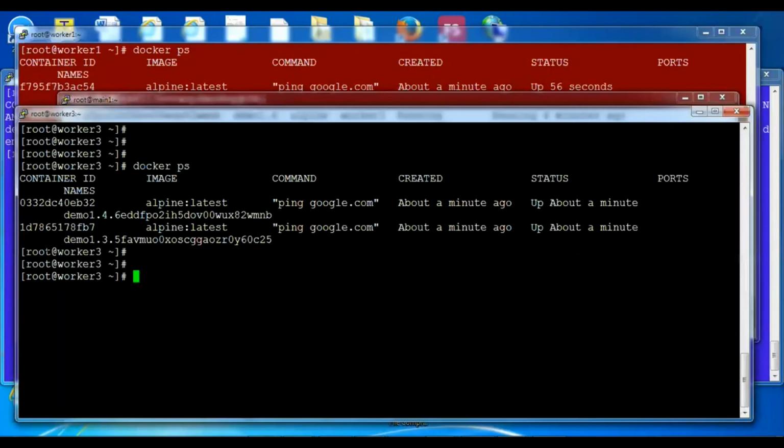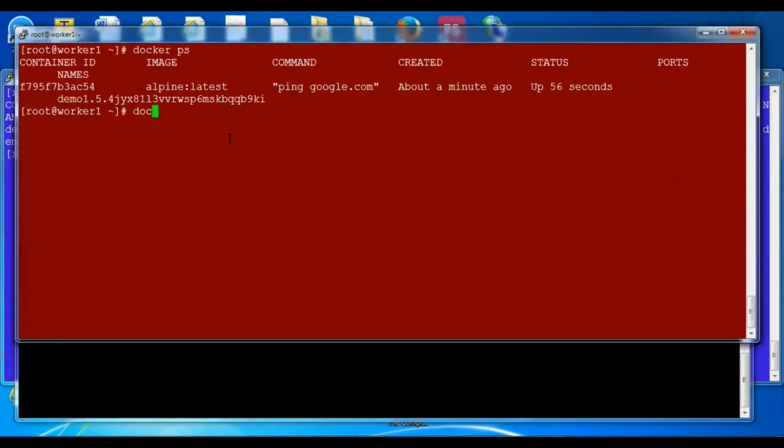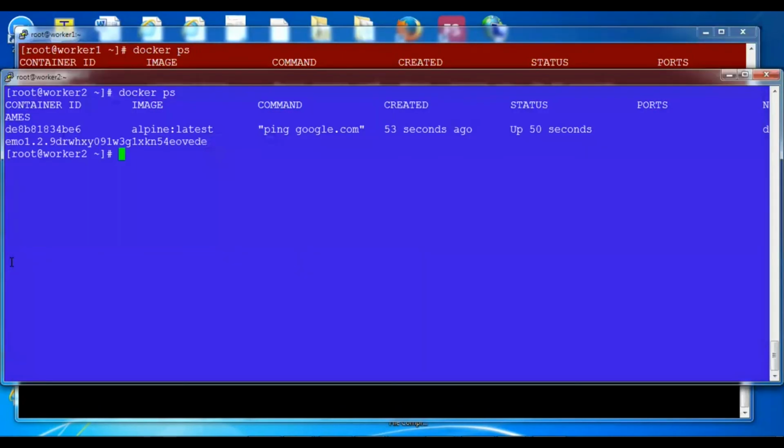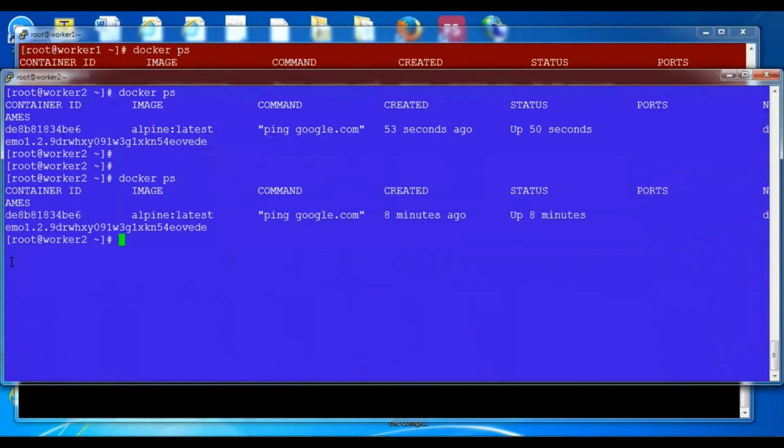If we check here with docker ps, it's not showing any service running on node 3, but 2 instances have moved to node 1, and we'll check on worker 2 and there is 1 instance on node 1.